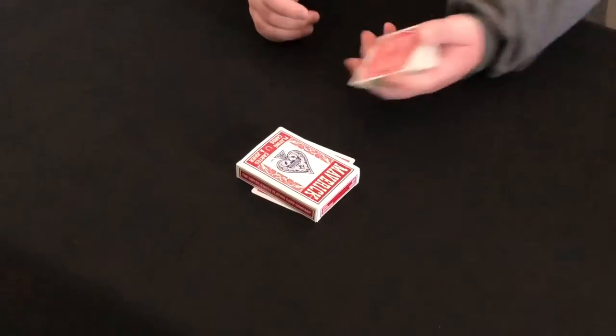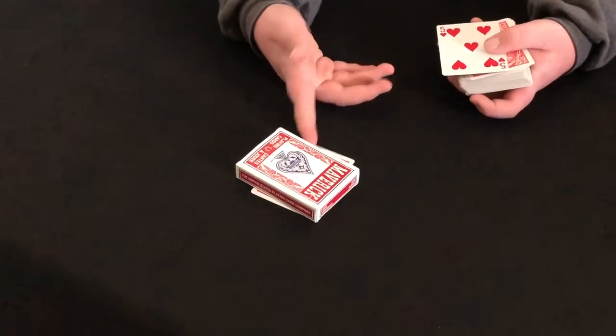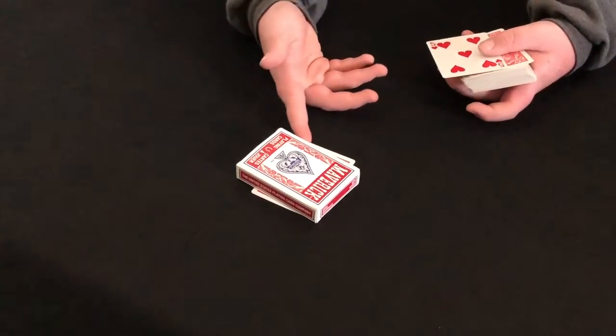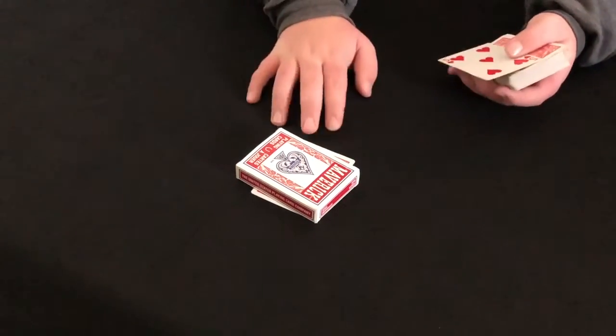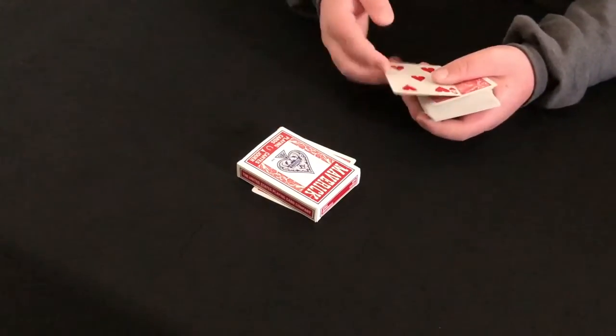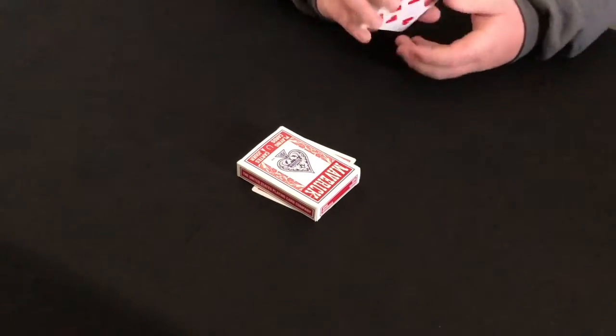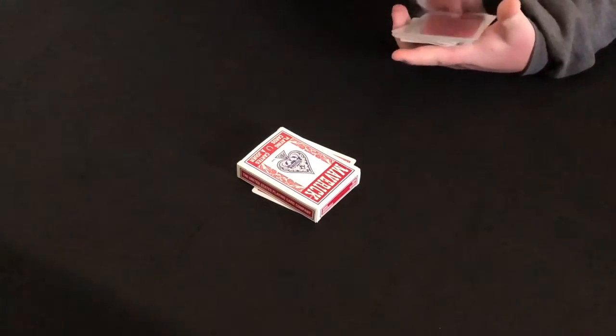And we're going to use the box for this demonstration. And in this case, you have their card, the 2 of diamonds. So you have their card, the 2 of diamonds, in their hands. The 5 of hearts, which they think is in their hands, is on the top. So now you're going to